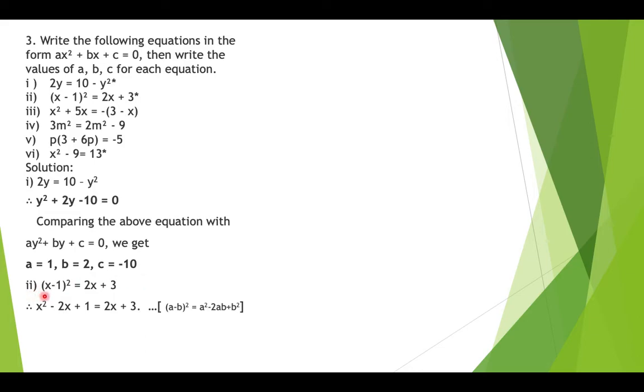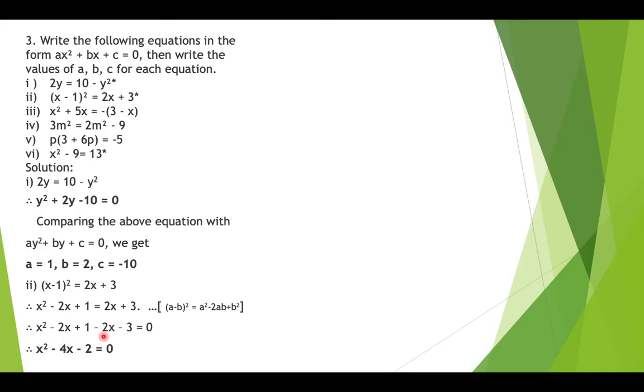We observe that (x minus 1) the whole square is equal to 2x plus 3. Now we can just split this up using (a minus b) the whole square, that is a square minus 2ab plus b square. So we get x square minus 2x plus 1 minus 2x minus 3 is equal to 0, since we have taken a is equal to x and b is equal to 1. So after rearranging,